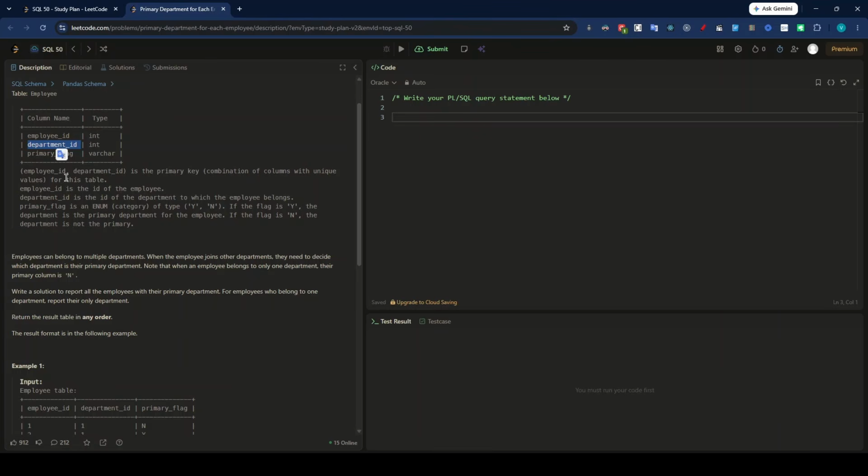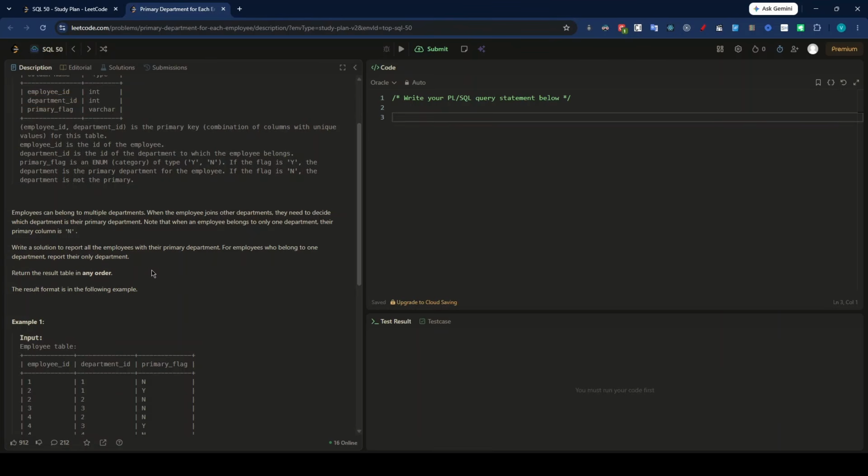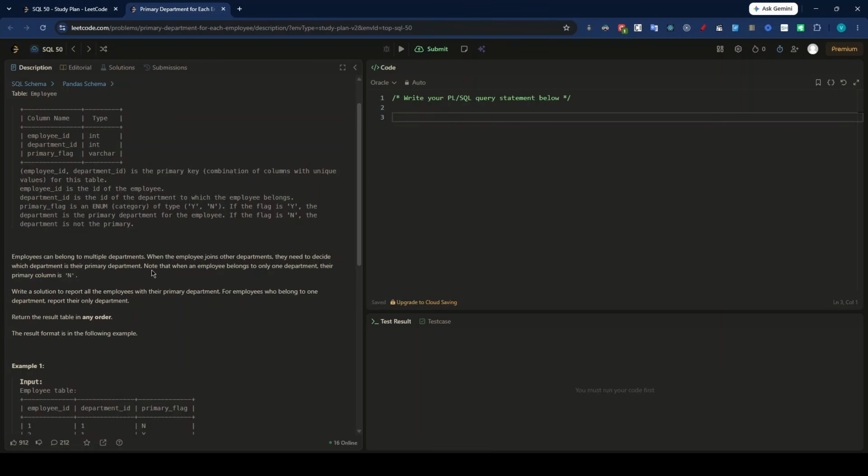And you know how we can do this, guys. This is easy, because we know that if an employee is belonging to multiple departments, his primary flag is yes, right? So we can just filter on this particular employee table using a where clause, wherever my primary flag is yes, and it will give me all the employees,